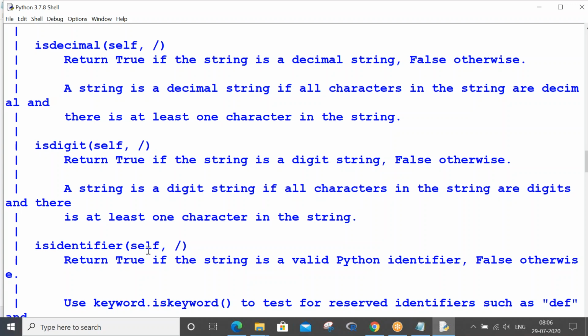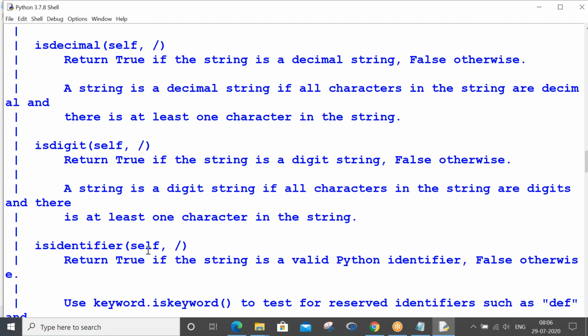In interviews, people ask, can you name some special methods in Python? Their intention is that special methods contain underscore underscore word followed by underscore underscore. If you know the concept of constructor and destructor in OOPs, we use these underscore methods a lot in object oriented programming.